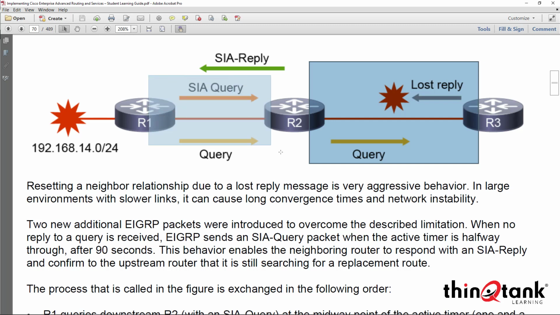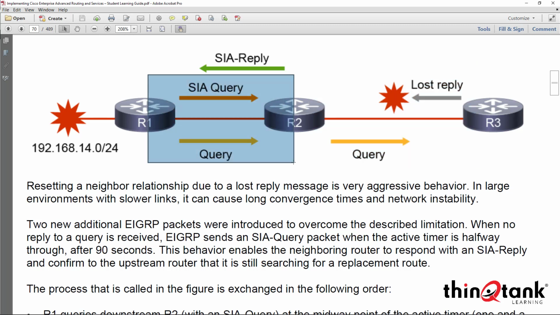Router 1 typically would reset the relationship with router 2 after 3 minutes. But rather than doing that, we wait for 90 seconds. And router 1 will send a stuck inactive query message after 90 seconds, half of the timer that we would typically see for the original stuck inactive process, saying, hey, you haven't responded to my query in 90 seconds. Rather than wait another 90 seconds and simply reset the relationship, I'm going to send you a special